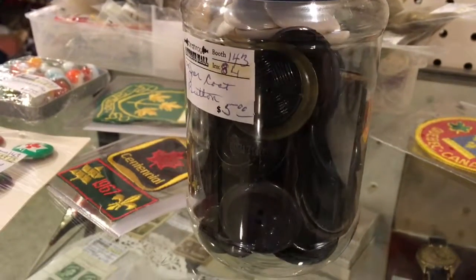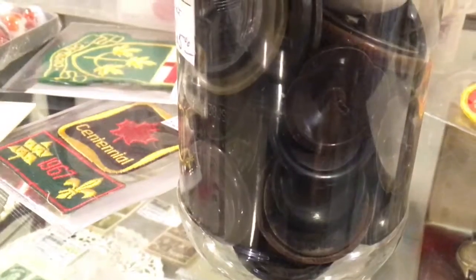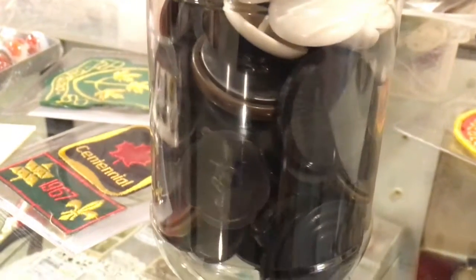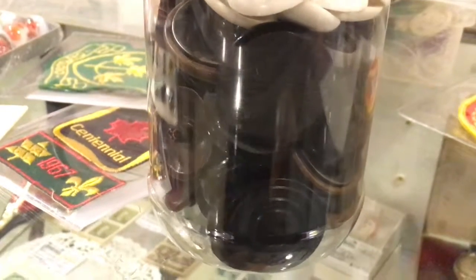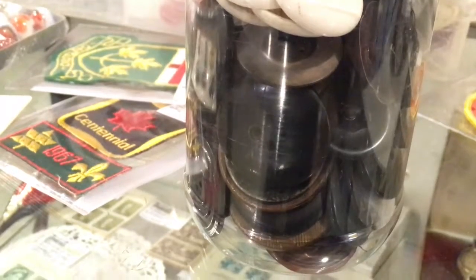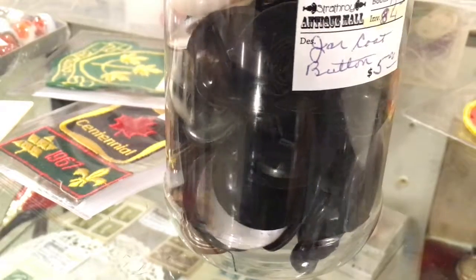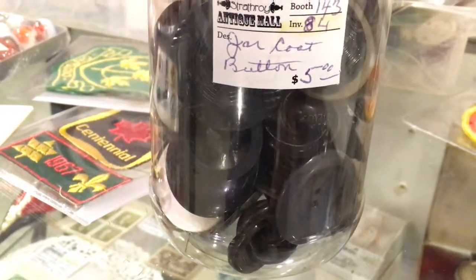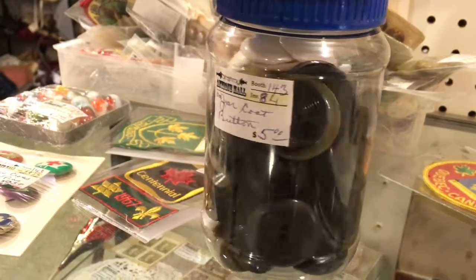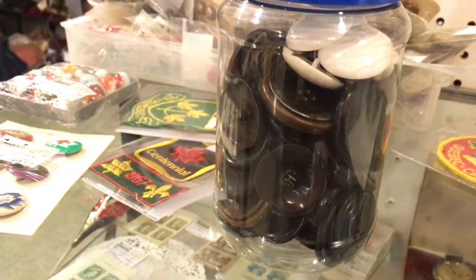Here's a large jar of buttons in the same booth. It's got all the large chunky buttons in browns and blacks, mostly deep colors. There's some white ones at the top. I think it's $5 for this too. Exceptional deal. Once again, these buttons would look good on your knitting projects. They kind of spruce it up, add a touch of the past with vintage buttons, an antique. We're located at 39 Front Street East in Strathroy. It's worth the drive. There's lots to look through. If it took us this long to go through one little container,